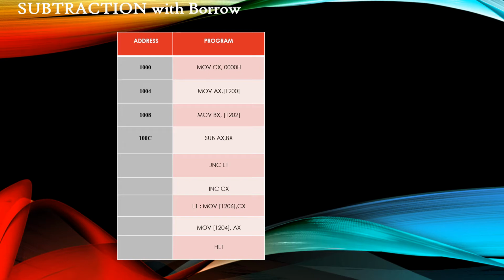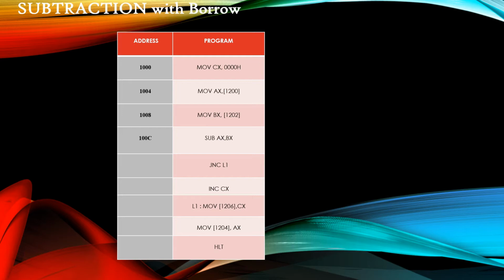After this subtraction, the program status will get updated. In that we need to check whether that particular carry is 0 or 1. So, jump on no carry, which means that if there is no carry, it must move to the memory location MOV 1206, CX. In this instruction the program gets jumped. Otherwise,